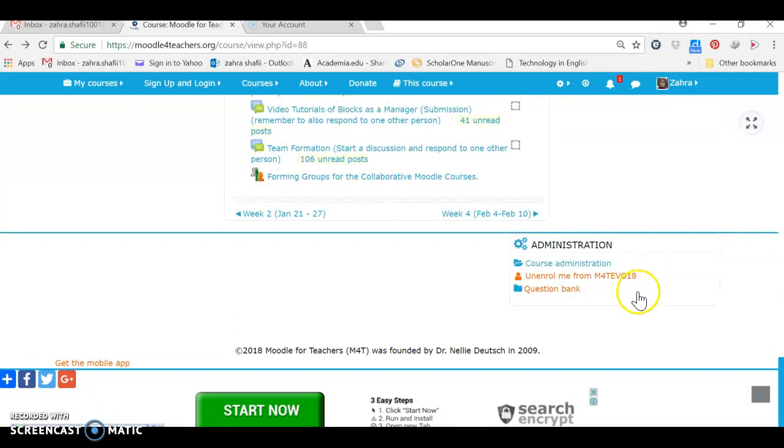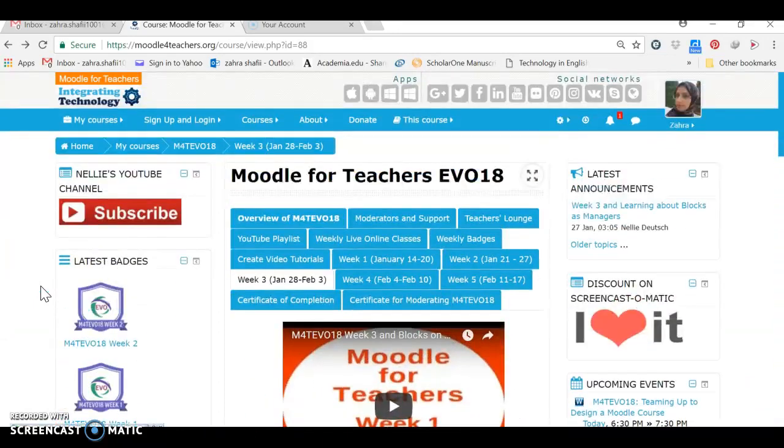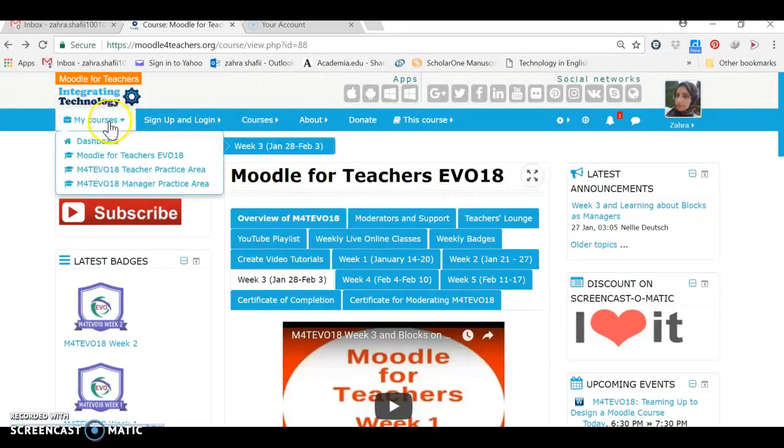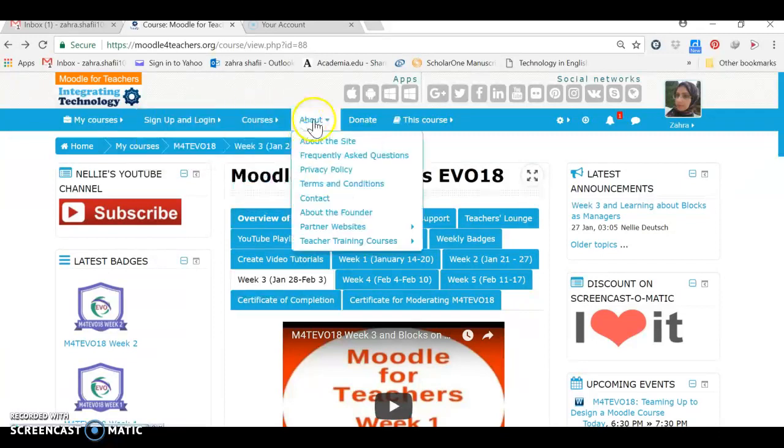Also, at the bottom of the page, we've got blocks here, the administration block. We've got blocks on the right, we may have blocks in the center, and also on the left. In addition to the blogs, you can take a look at different links here that direct us to different weeks, activities, and resources. And also here we can be directed through these links to different courses, different sign-up ways,